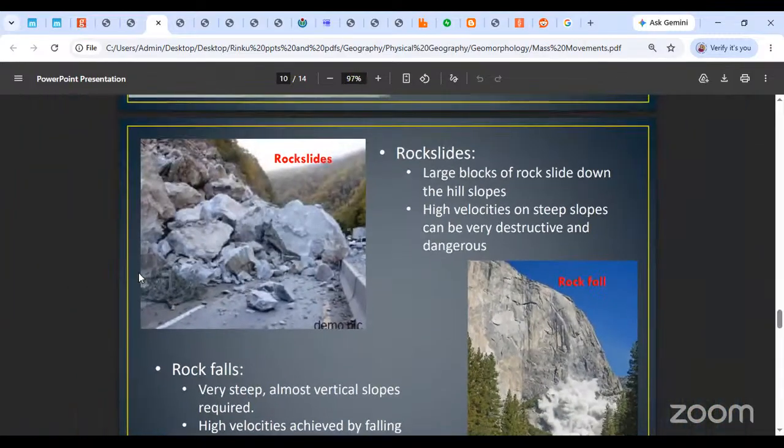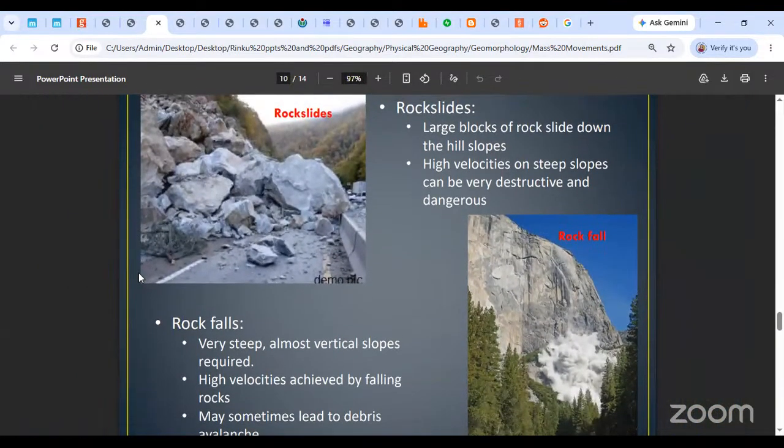Now we come to rock slides and rock falls. Earlier we were dealing with either soil or debris, smaller size of the material. Now we are dealing with larger size of materials. We are talking about rocks now, proper rocks. So rock slide, ये जो picture नजर आ रहा है left में, that is a rock slide. What we are saying essentially is that this is a mountain slope. There are rocks over here. Clearly, there are a lot of rocks over there, right?